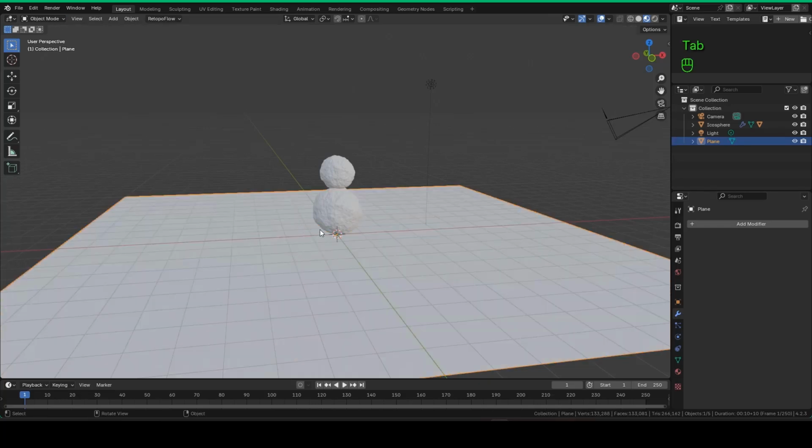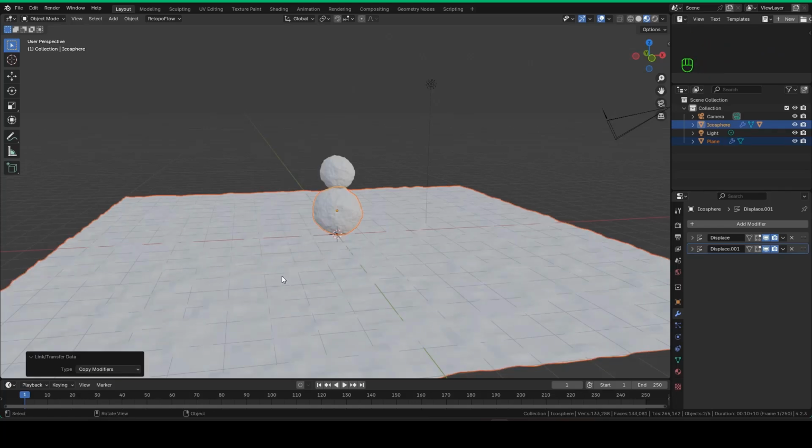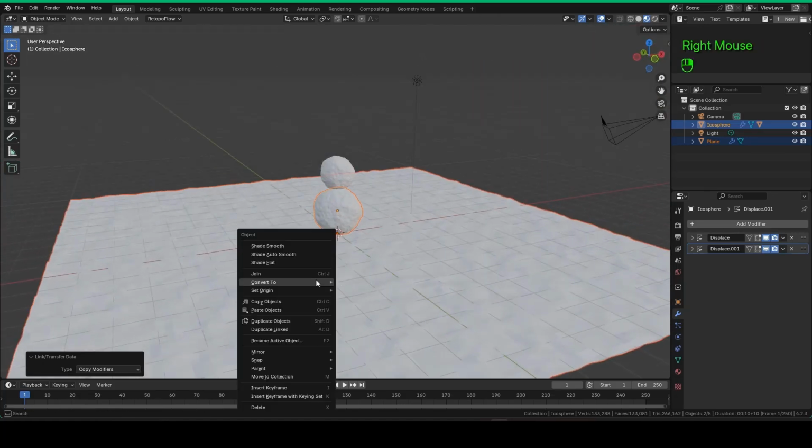Tab out of edit mode. Control A, let's apply the scale, and then with the plane still selected, Shift select the snowball, and now Control L, and I want to copy the modifiers. So you can see very quickly, without much effort, we already have some lumpiness on our plane, making the ground